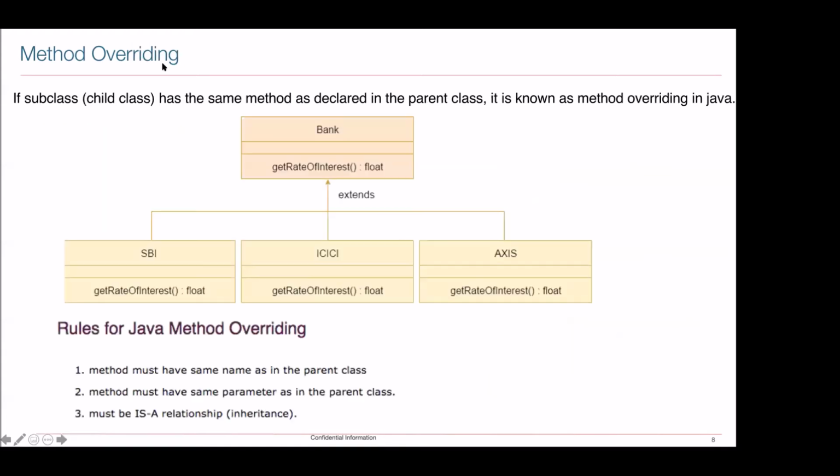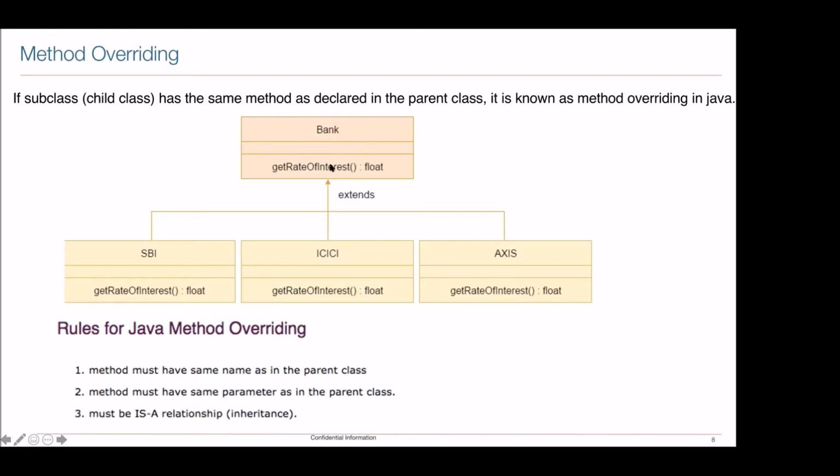When I talk about method overriding, overriding is something different. Overriding is when you have a method already present in the parent class, and in your parent class that method was very generic, and you want to add some specialization in the child class. At that time, in your child class you can override that function. Say suppose I have a parent class as bank, and bank can be SBI, ICICI, HDFC, and so on.